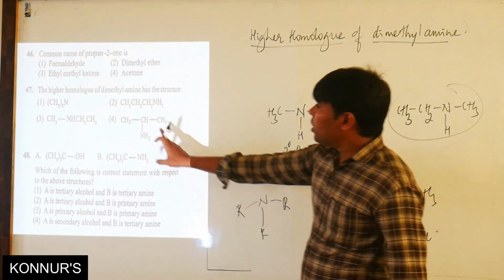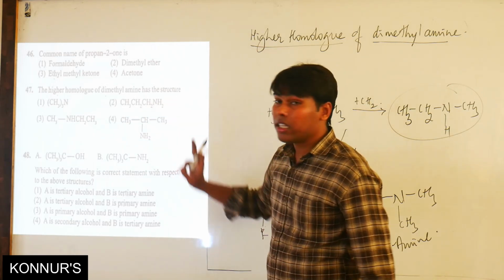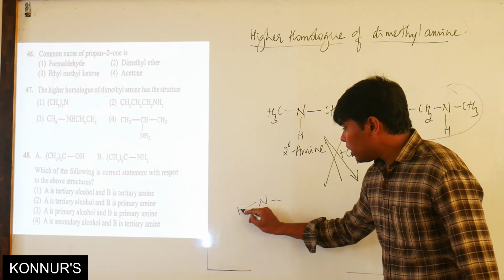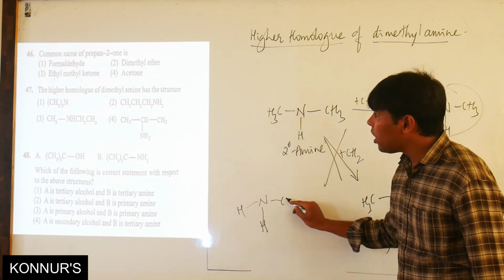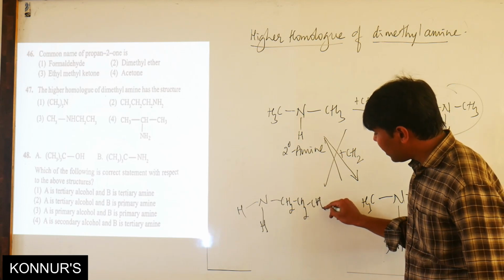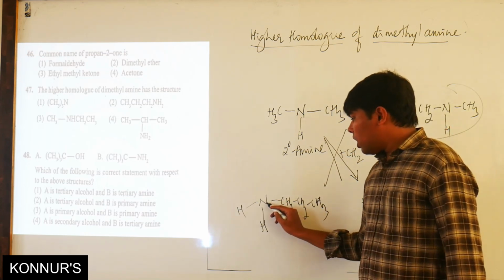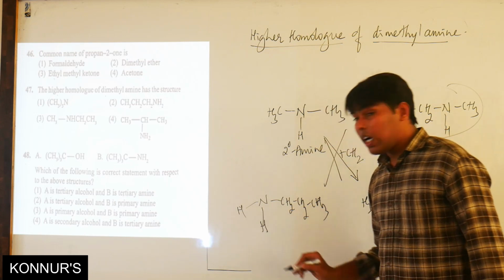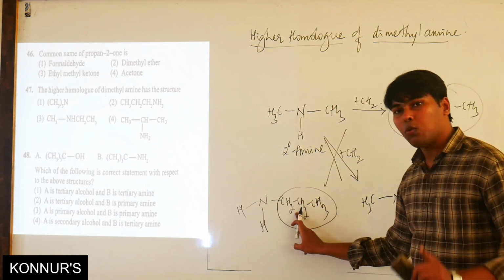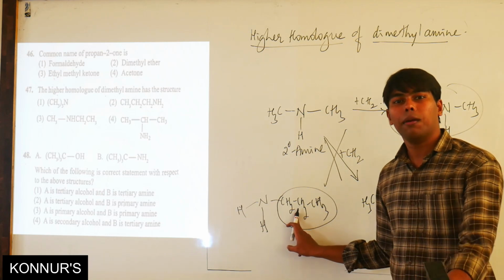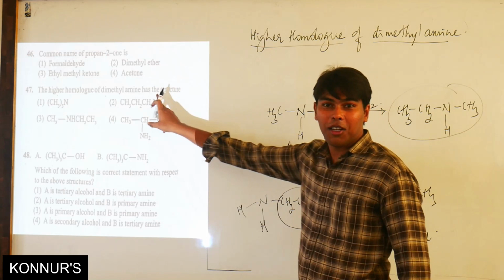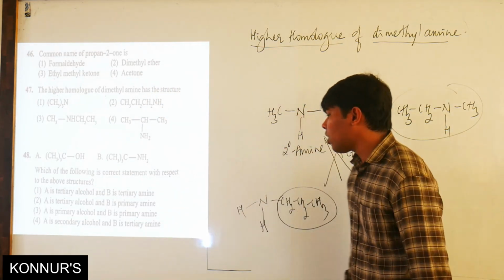And look at the second example where nitrogen contains 2 hydrogens. If the nitrogen contains 2 hydrogens and let us take that CH2, CH3. So the nitrogen contains 2 hydrogens, which means nitrogen contains only one alkyl group. It becomes a primary amine. So a secondary amine should not be converted into a primary amine. So that is also a wrong one.